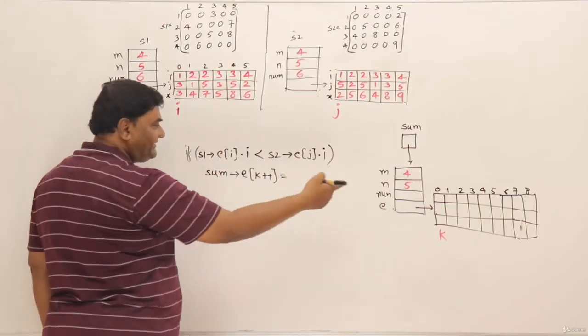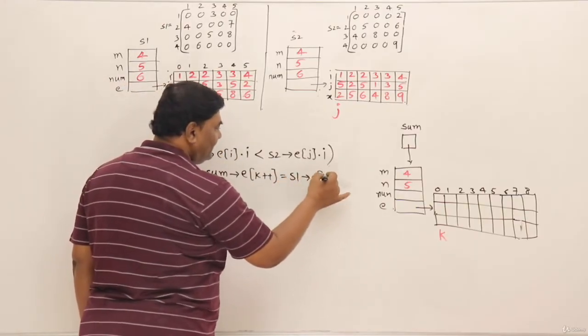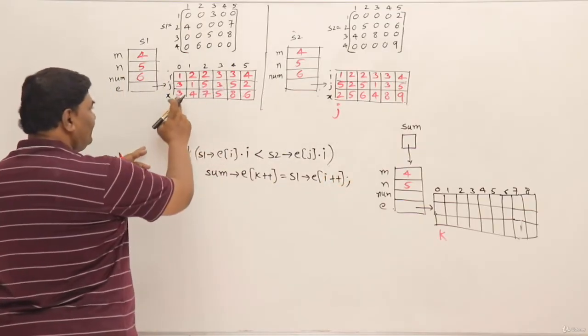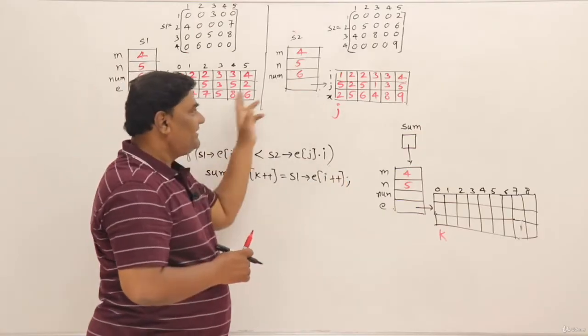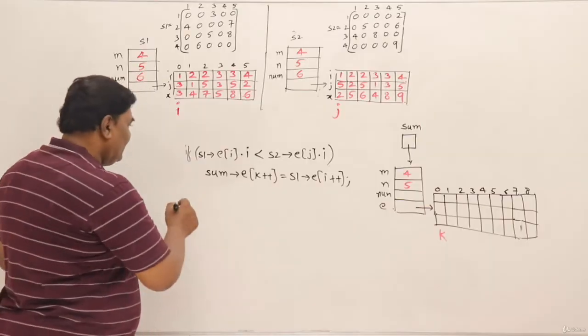So all these three things can be copied directly. S1's E of I plus plus. So if this is small, copy this one. But in our example, they are equal. So if it is small, copy that one. Else,